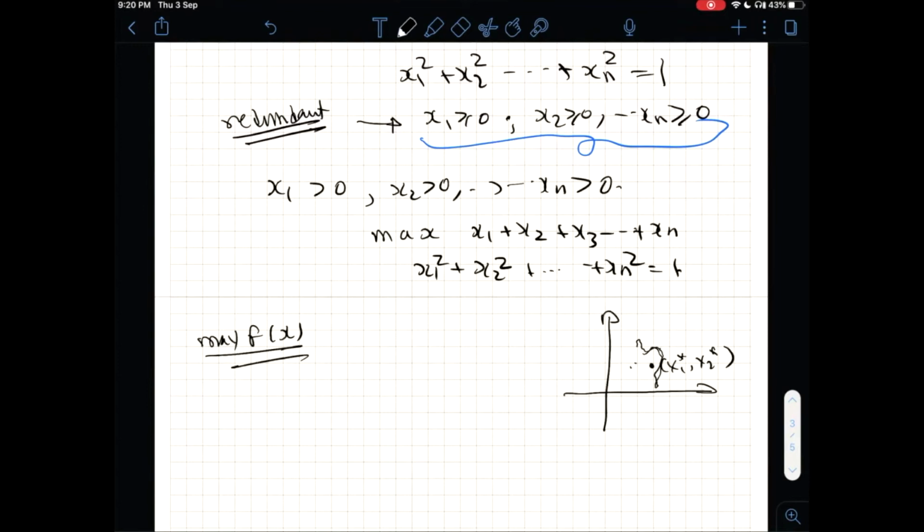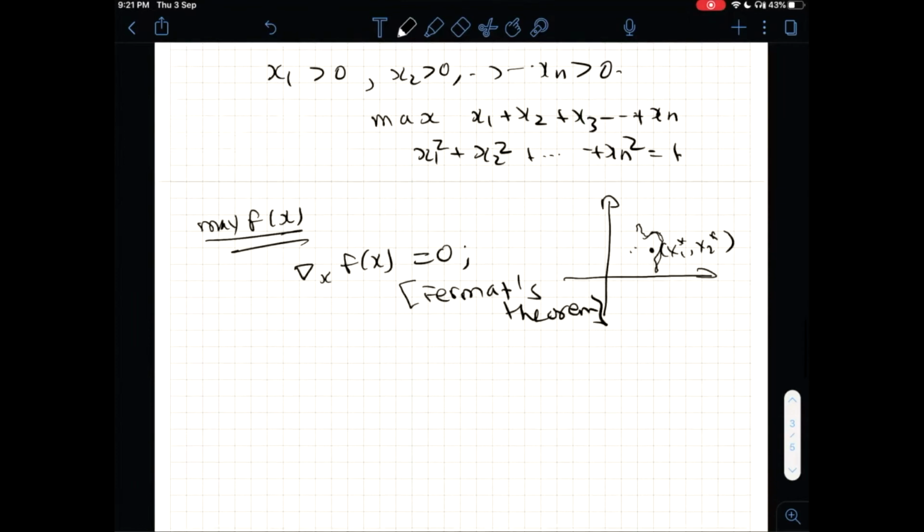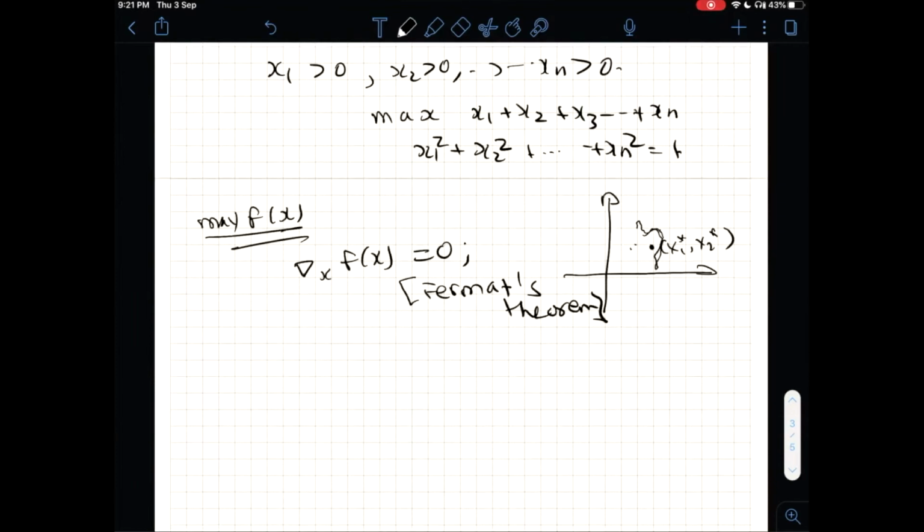Then two things happen, right? First thing is that because we are dealing with differentiable functions, at the maximum or minimum, the partial derivative with x is 0. This is also known as Fermat's theorem, and so far I am using this, that the optimal is a stationary point. I have not given you a proof, but I know most of you know a bit about it, so I'm creating examples around it. After some time I will prove it. So the gradient should be